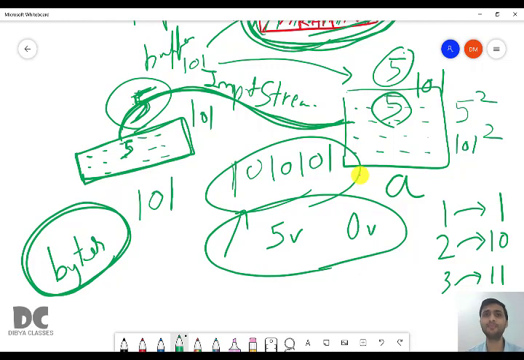Buffer reader will help to take input. Buffer reader is a type of input stream. Buffer reader will connect the keyboard with the variable. Now you have connected your keyboard but you have not given input. When you actually give the input on your keyboard, input stream reader will convert this input from binary, from bytes, to character form.